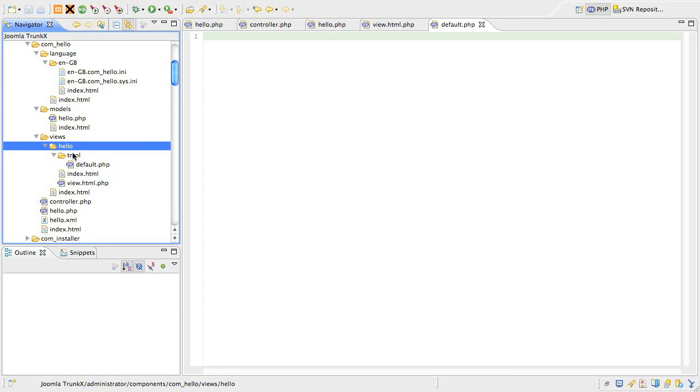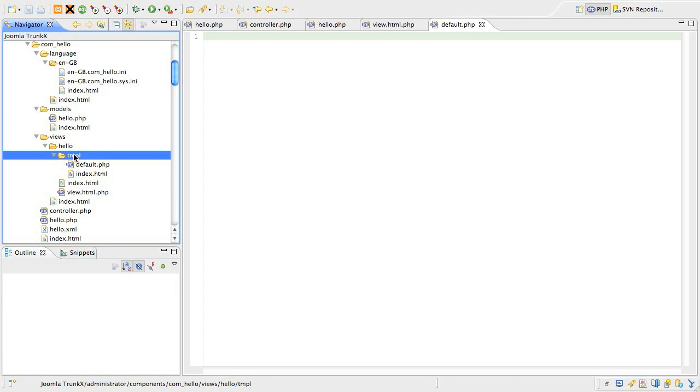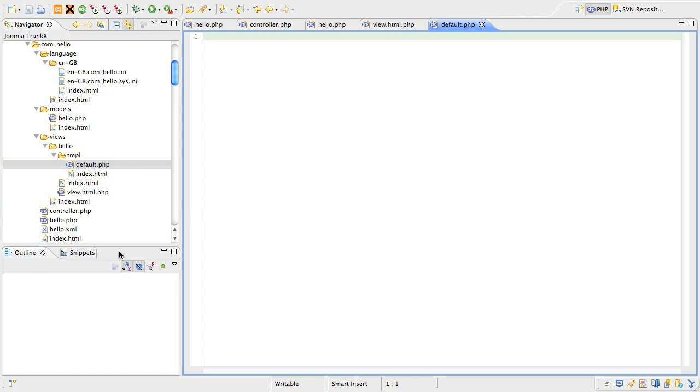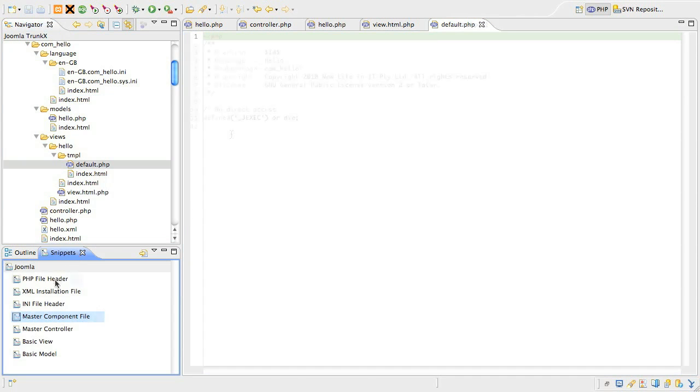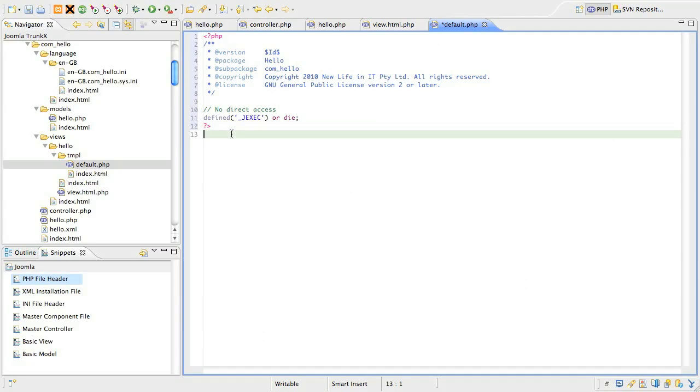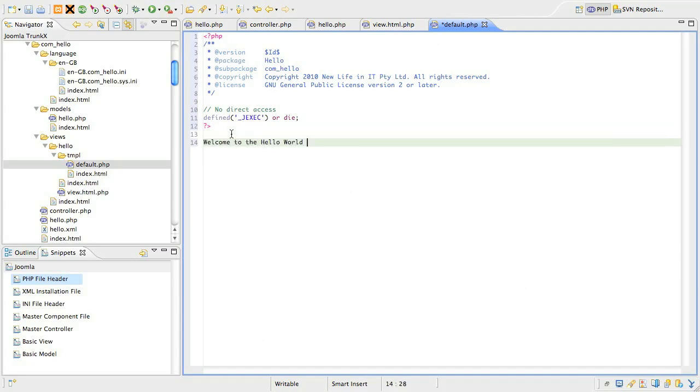Now let's start fleshing out some code. I'm going to work backwards, so I'm going to start in the layout default.php file. First I'll use a snippet to add the standard file header. Next I'm going to close the PHP brace and type in some text that I want to display. That's all we need to do in the layout for now. Let's move to the